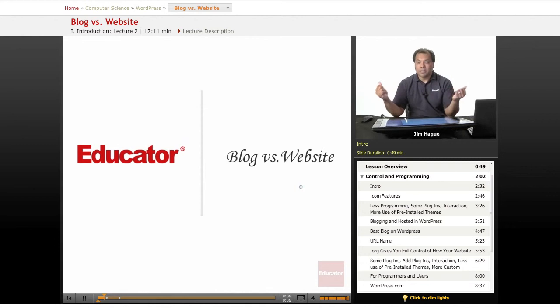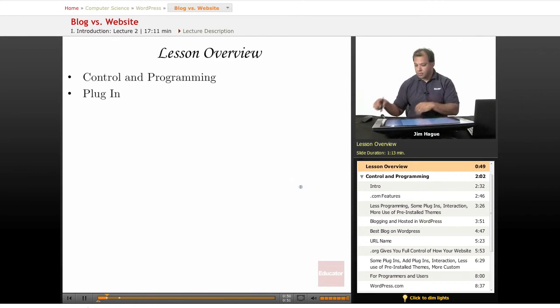It's like a helicopter flying over a city, and then later on in the lessons we'll visit the individual streets and buildings, if you will. So in this lesson we're going to talk about a blog versus a website, and there is a significant difference, okay? More importantly, I should add a third bullet point, and this should have been the first bullet point, is we're going to talk about